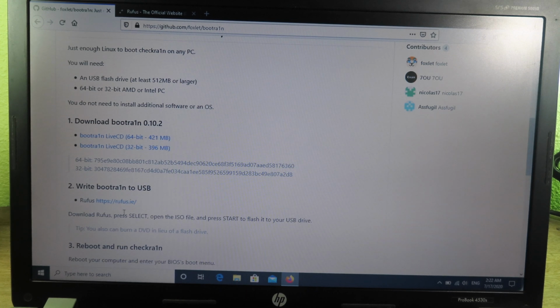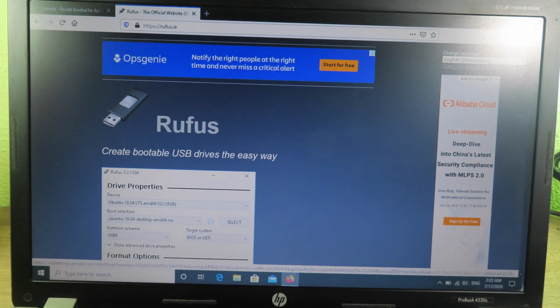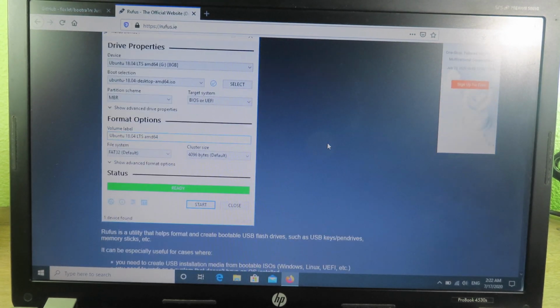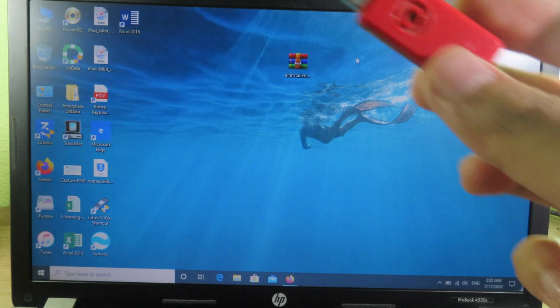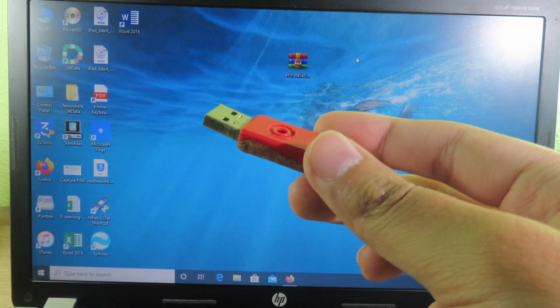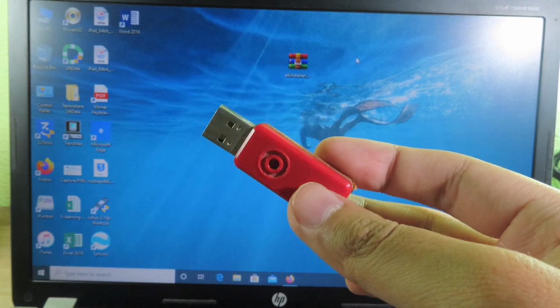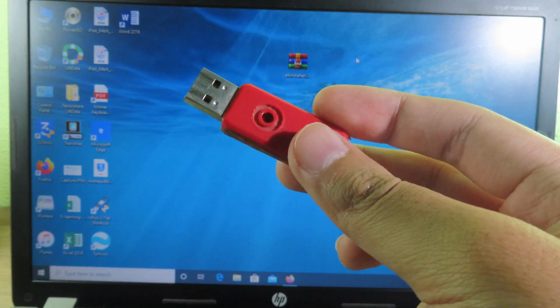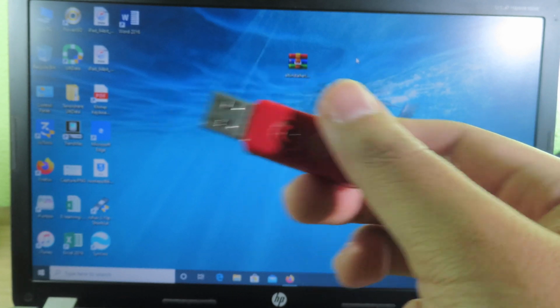And then you're gonna need this software to create a bootable USB. You're gonna go back to this link, and the software is completely free, so don't worry about it. After you have downloaded it, install it. Then you're gonna need a USB of at least 4GB. If the 4GB USB doesn't work, you can use an 8GB one, and for me it is 16GB, so it is more than enough.